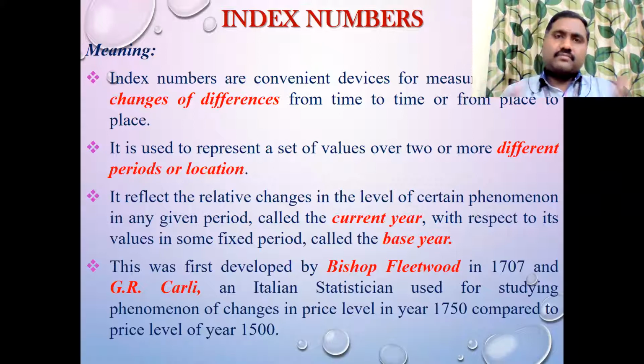And similarly, even the governments, right? It is not that index numbers are used only by business people. Even the governments are using them. In the government, they say, see the present year compared to the previous election, the present election result, the number of voting has increased by 5%. So they are comparing with the previous election.